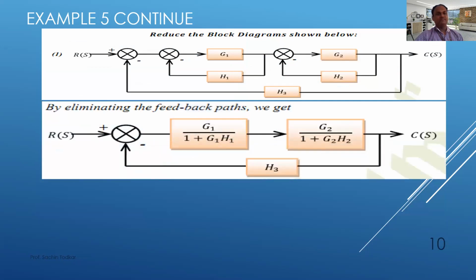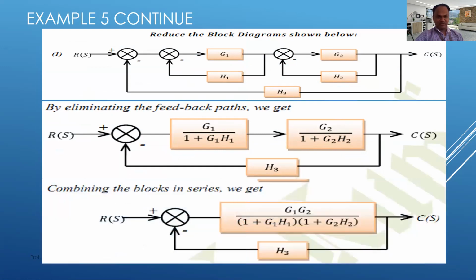Now we'll solve the example step by step. So firstly, what I have done, that is I have solved this G1 divided by 1 plus G1H1, as it was a negative sign, it will become positive here. G2 divided by 1 plus G2H2, numerator and denominator multiplication. So feedback and gain function multiplication. Then what we are going to do? We are going to multiply these 2 blocks because they are cascading blocks. So it will be equal to G1 multiplied by G2 divided by this bracket and this bracket.